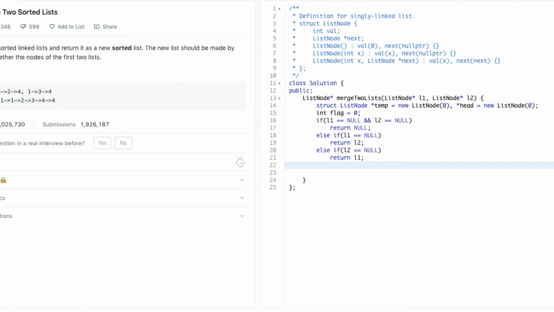And if all these conditions fail, then both of the linked lists are not null. So now we can traverse both the linked lists one by one as follows. While traversing, we need to check whether the value of L1 is greater or L2 is greater.